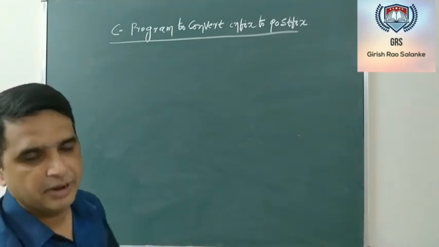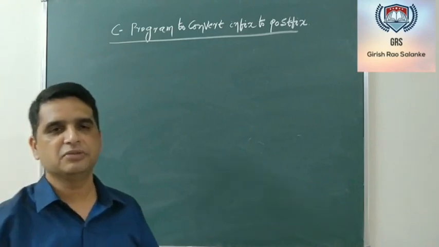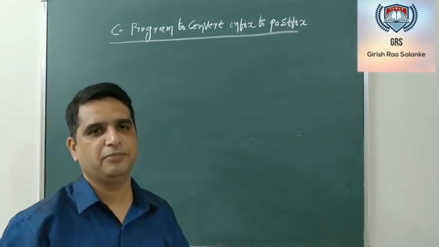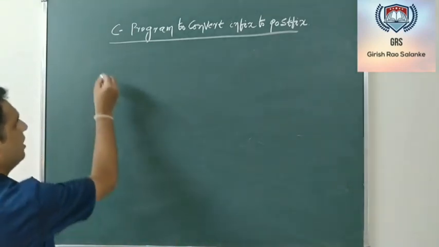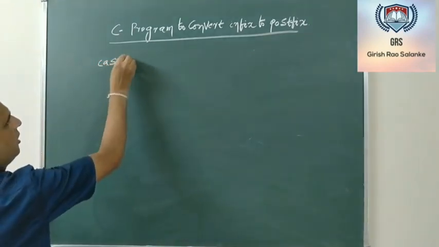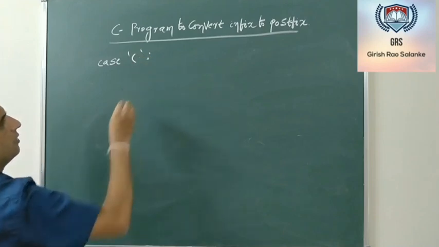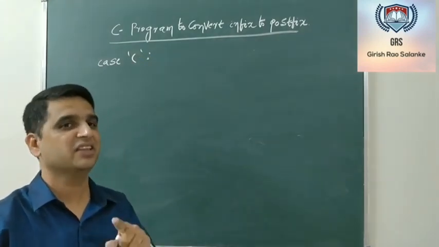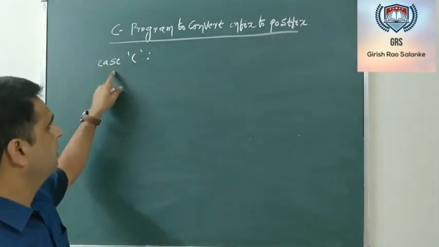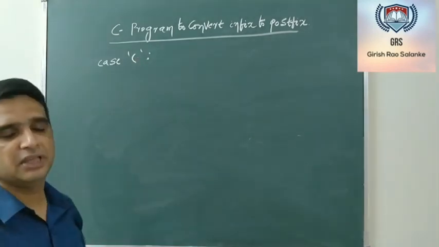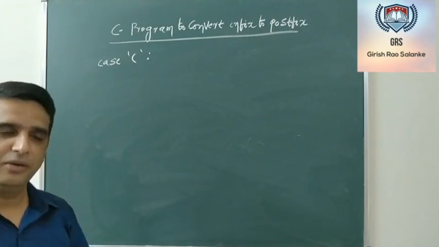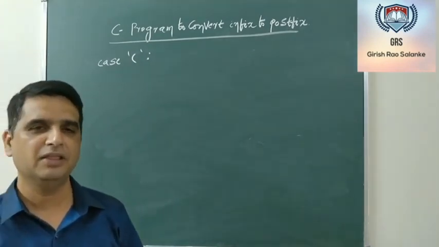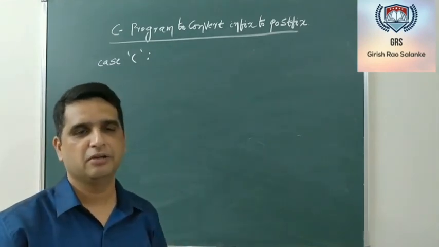Now within the switch statement, first we'll write the code for what needs to be done if it is a left parenthesis. So within the switch statement, first case left parenthesis. Note that left parenthesis is a character, so for this case, the left parenthesis needs to be written within a single quote. Go back to the algorithm and check what we did. If it is a left parenthesis, we pushed it onto the stack.